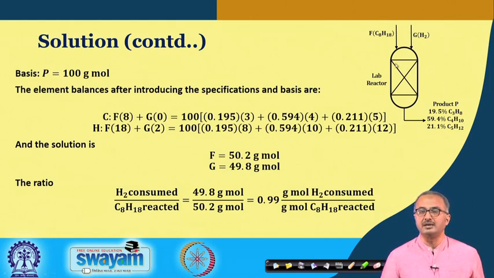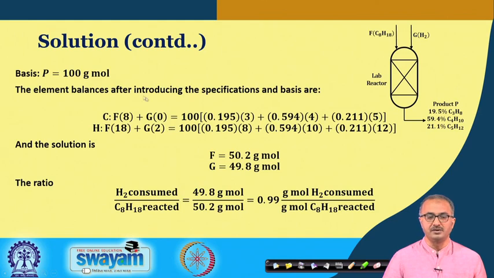First let us look at the particular system we have. Here we have the hydrocracker, and here we have the feed. One feed is going, that is the C8H18, the octane, and along with that we have the hydrogen, represented by G, and we have the product here, which is propane, butane and pentane. Now what we do, we take the basis as the product as 100 gram mole. Okay, and whatever calculations we shall do will be on the basis of this 100 gram mole.